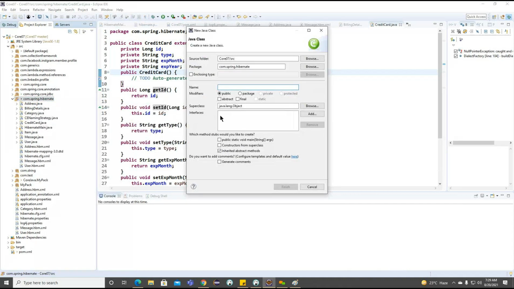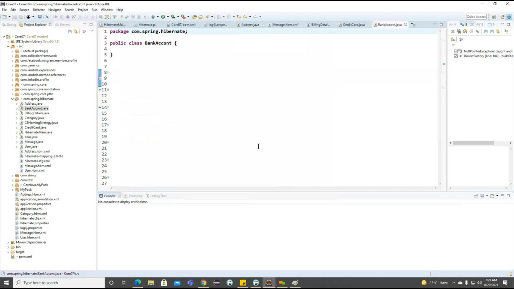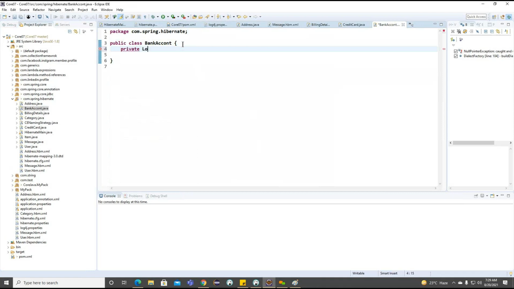Same way, I will create one more class, BankAccount. Inside this BankAccount, long ID, private bank name and bank number.